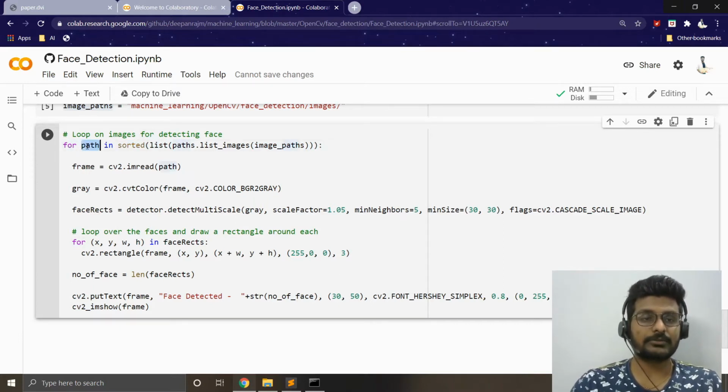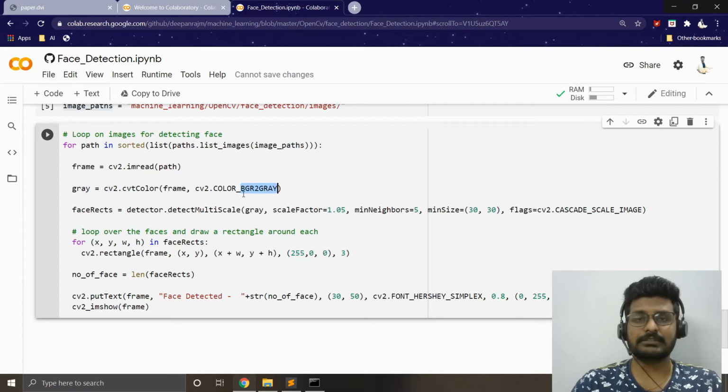I'm going to use a for loop so that I can go through the images one by one. Okay, so let me go for the first image. The first image path will be given here. I'm going to use the function cv2.imread to read that particular image, and I'm going to store it in this object frame. First things first, I'm going to convert this image into grayscale using the function cv2.cvtColor. The first parameter is your image. The second parameter is the conversion factor. There are multiple conversion factors available here, but I've decided to go for grayscale, since it is not required to have a color image to detect a face.